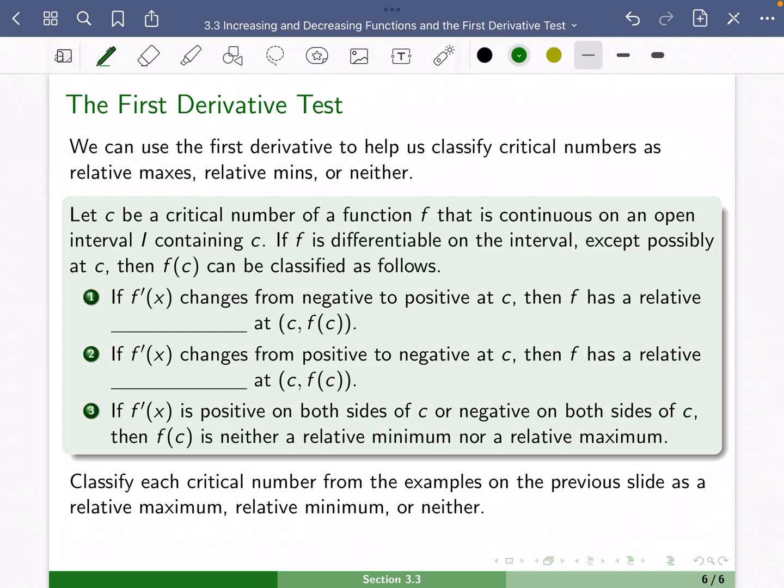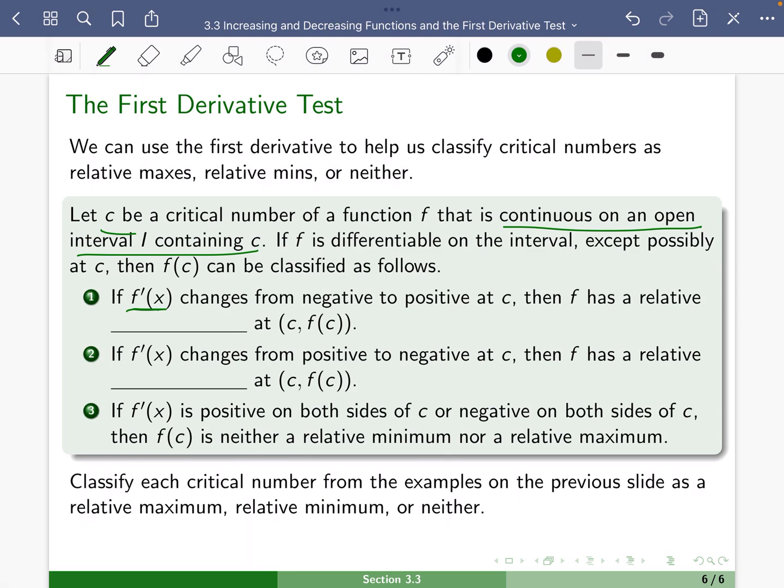In this video, we are going to take a look at our first derivative test, which helps us classify whether or not a critical value is going to be a relative maximum or minimum by looking at whether it changes from increasing to decreasing or from decreasing to increasing. So let c be a critical number of a function f that's continuous on an open interval I containing c. If it's differentiable on the interval, except possibly at c, then f of c can be